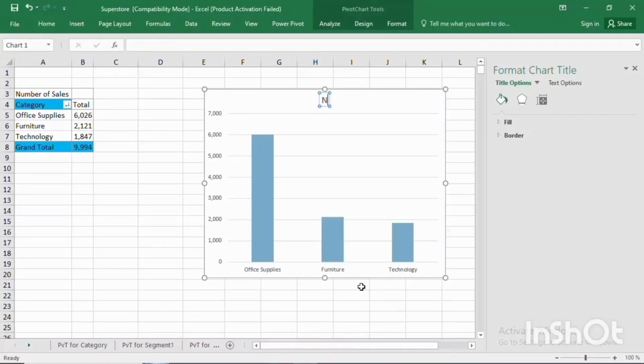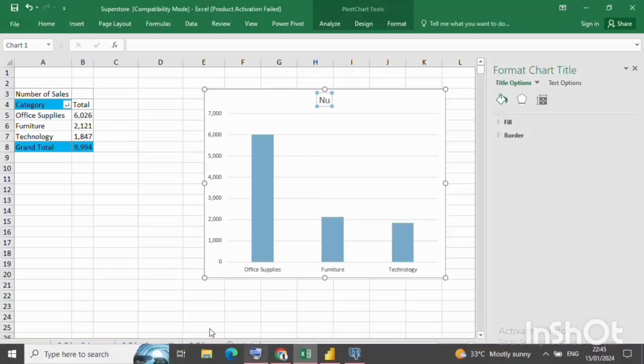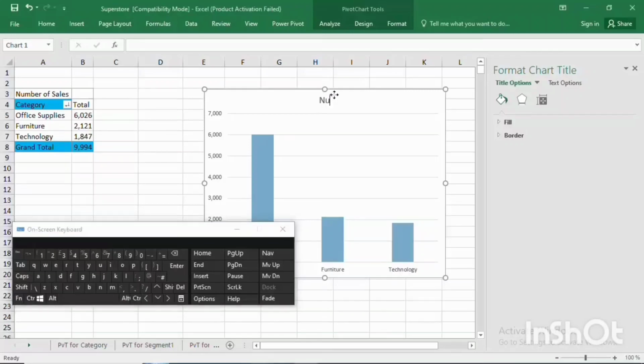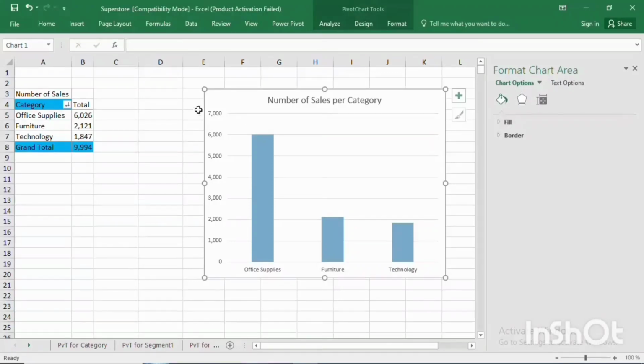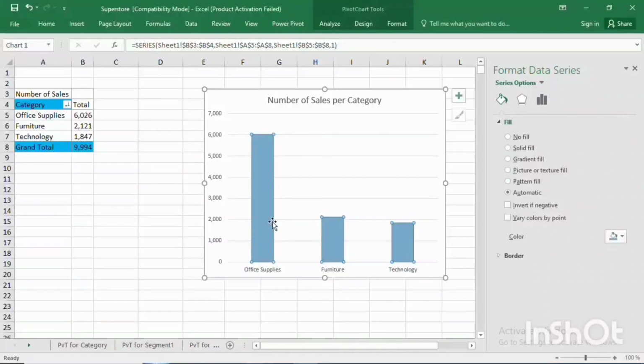So this is just number of sales per category. Any part of the chart I click, this changes because I have the option to edit that. So I click on the bars because what I really want, because there are different categories, is